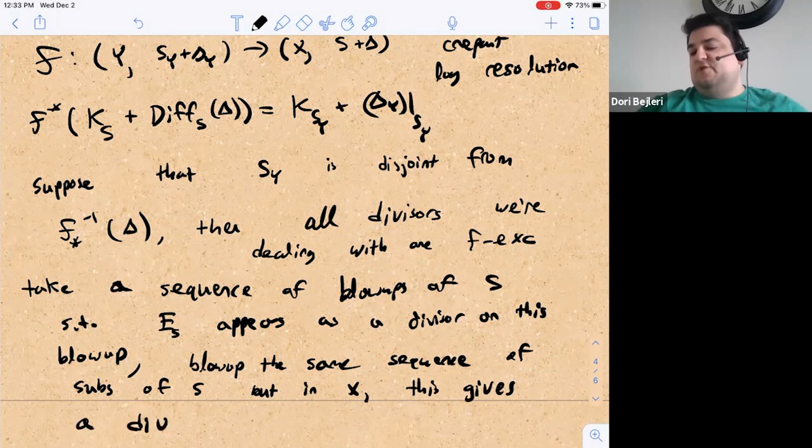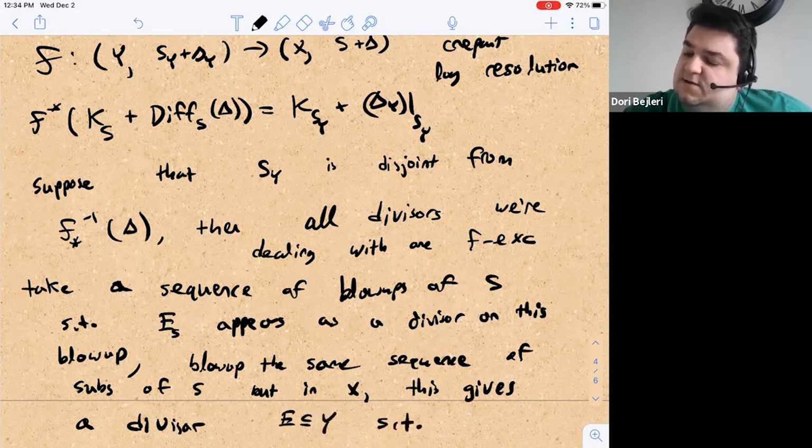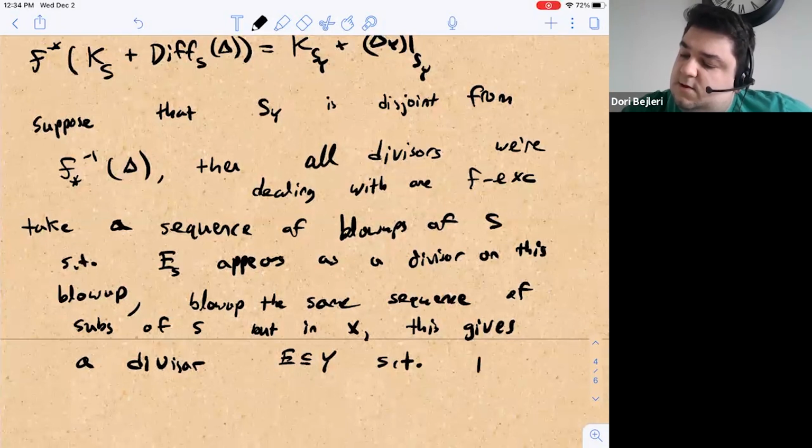So assume that Y dominates these blowups, that we've done these blowups and then resolved further to get all the other conditions. Then this gives us a divisor E in Y such that the intersection of